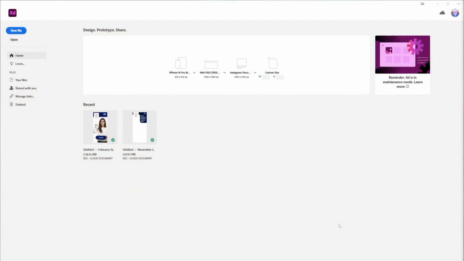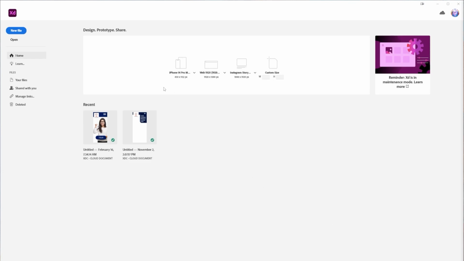In this video, we're going to take a look at how to use Adobe XD. Now, this is in no way an in-depth introduction to the program, but it should get you started on your journey with creating content here. And what we're going to do is make a very simple app prototype today.